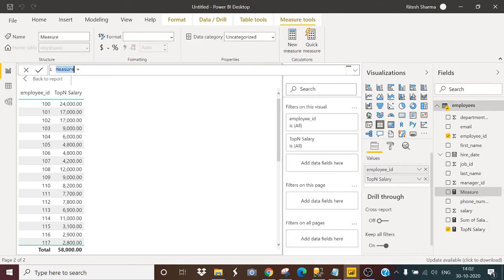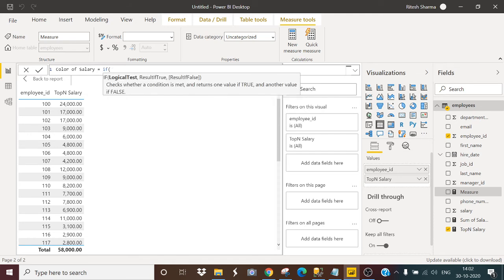Okay, I will name it color of salary. You can name it according to your choice. Okay, so the formula will be, I will select the measure which is the sum of salary.